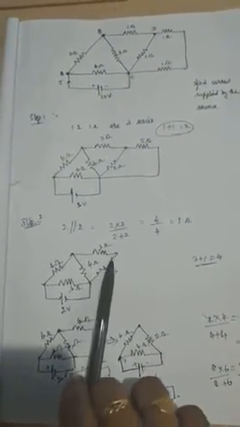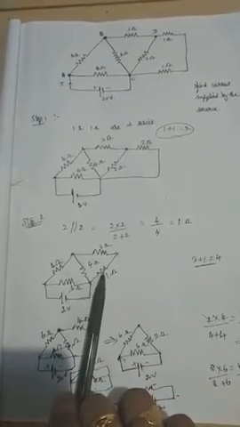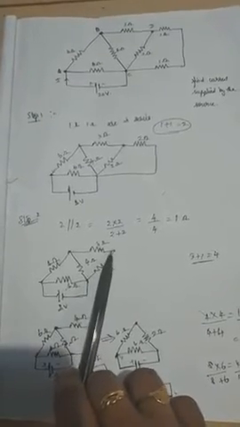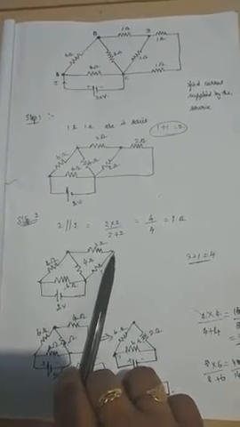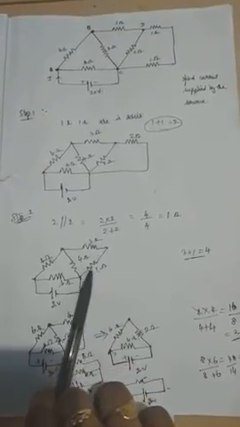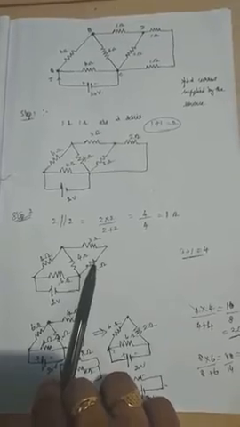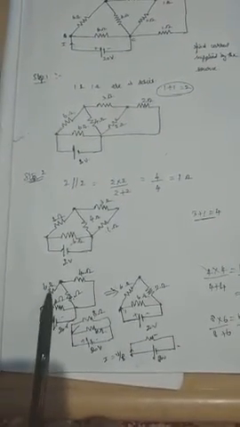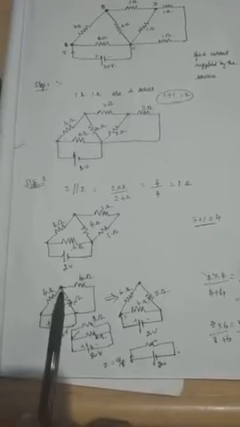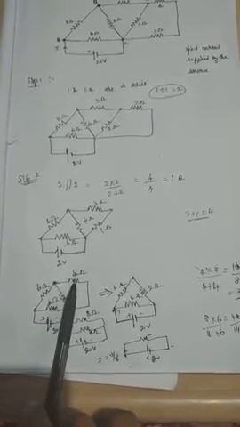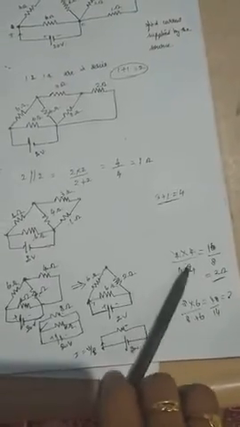Again we have to reduce the circuit. The 3 ohm and 1 ohm are connected in series, because this junction will not be considered a junction; the ending point of 3 ohm is directly connected to the starting point of 1 ohm. So 3 plus 1 is equal to 4. And again the connection will be reduced like this, and again we have 4 and 4, which is considered a junction point, splitting into 2.